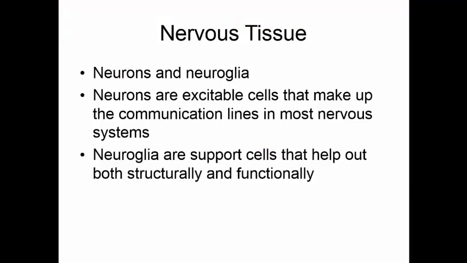Now, our last type of tissue, I believe, is our nervous tissue. All right, our nervous tissue is made up of two different types of cells, neurons and neural glial cells. We will have an entire section on this talking about these guys. The neurons are the specific cells that are designed to carry signals. Right? They're the excitable cells that help with communication. And they are basically the princesses of your body. Right? They do that, and they focus on that, and they're very good at it, but that's basically all that